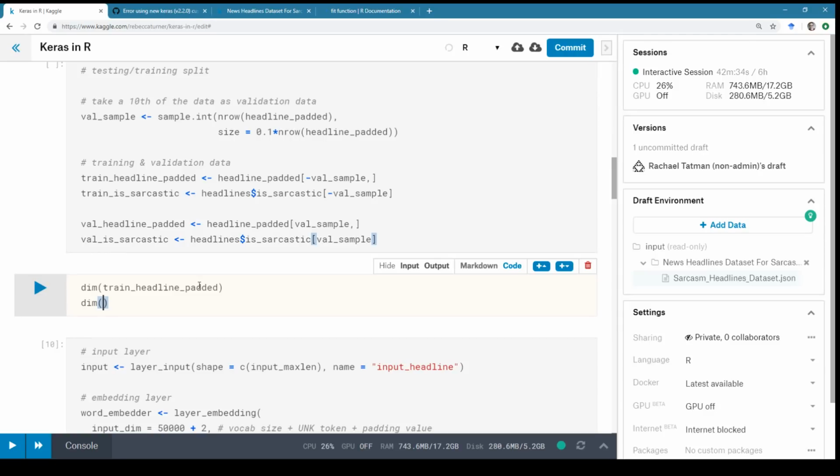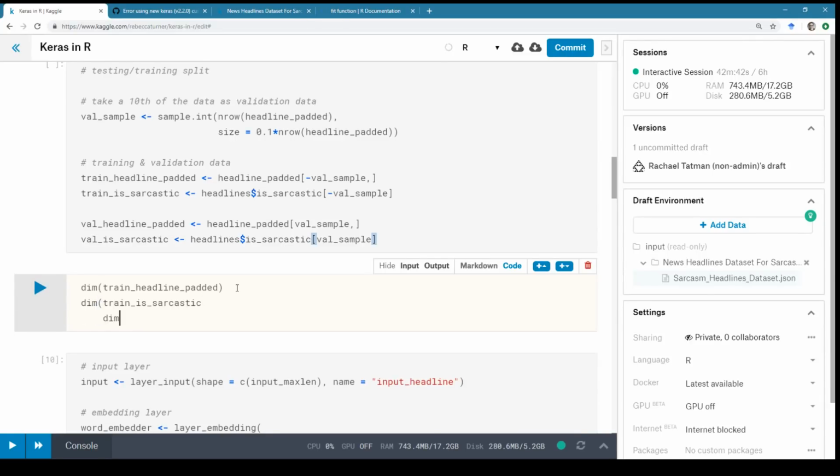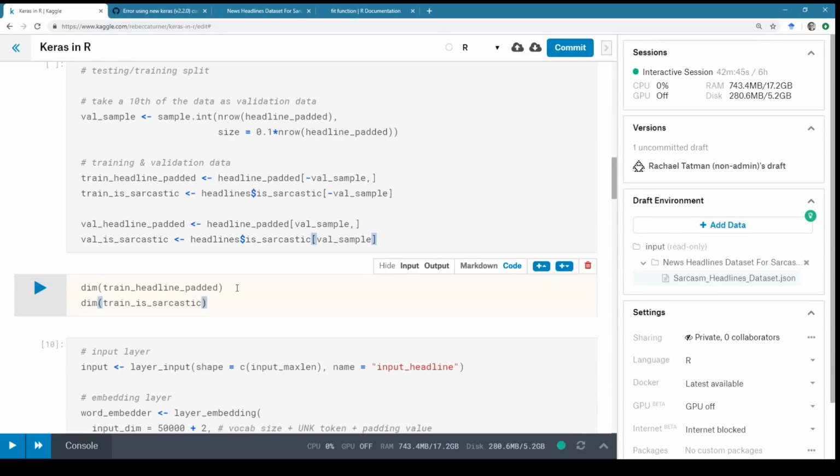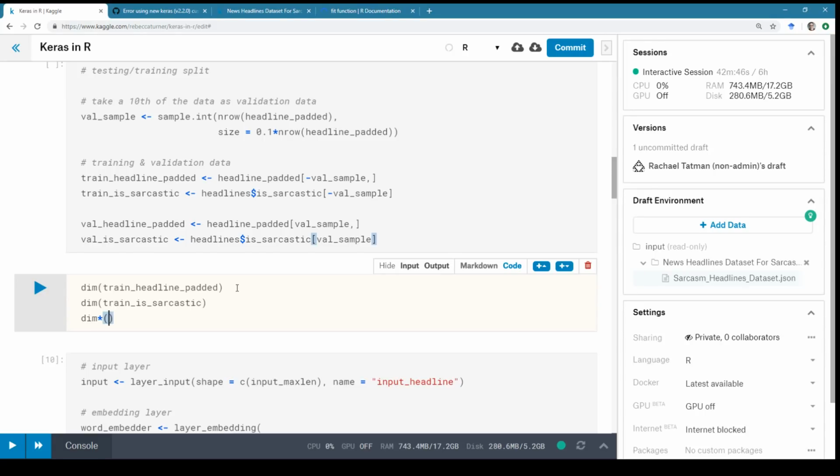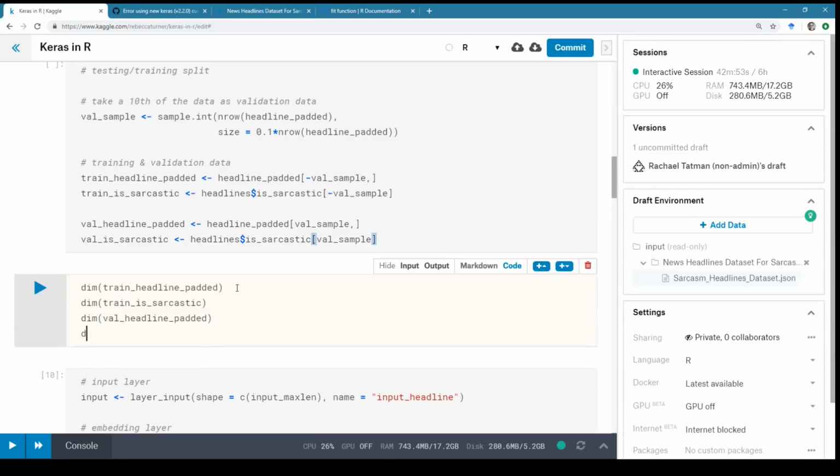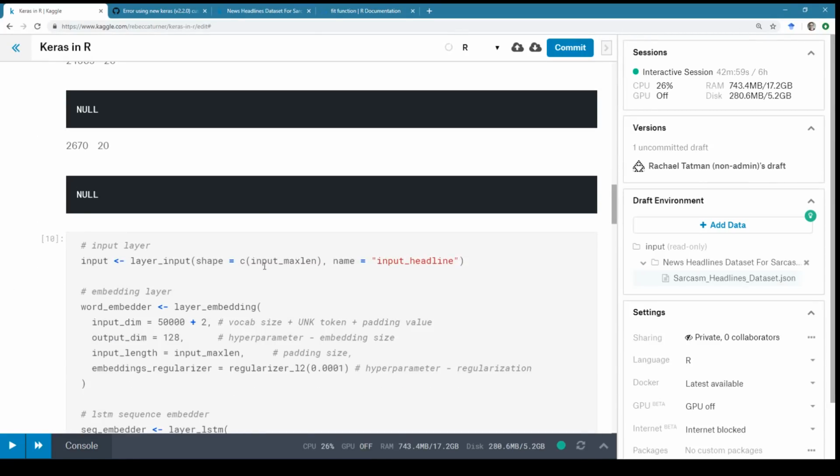And I think these should all... and then, so I'm just getting the dimensions of these, because if you try to do something with weird dimensions, you will often get errors. And by that, I mean, it has been something that has been a problem for me in the past.